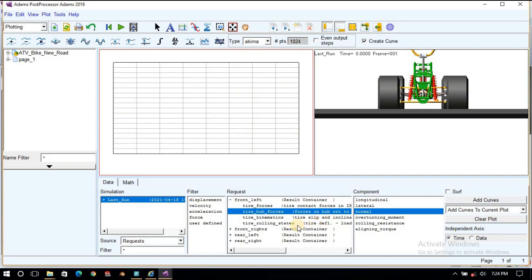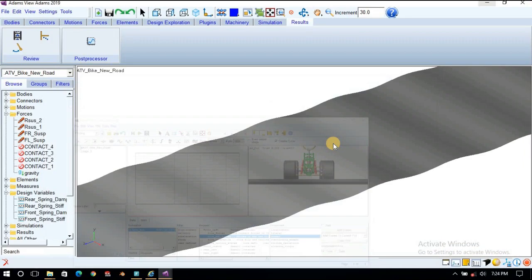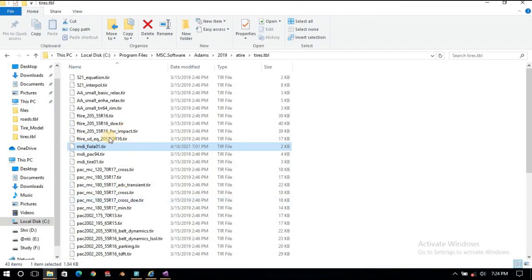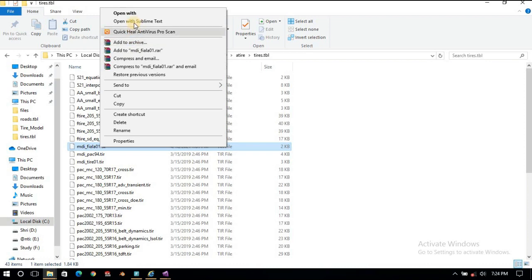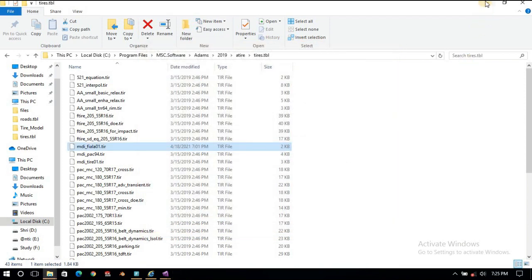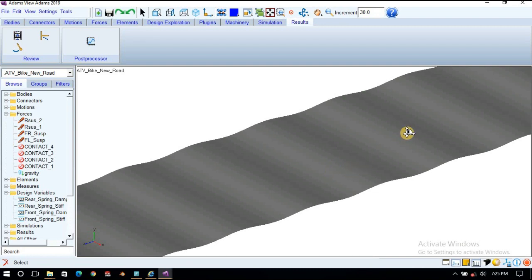If you go to the tire property file, you can edit. Here there is a vertical stiffness, you can reduce this. Vertical damping you can change. If you know all the properties, you can apply that, or keep as it is.